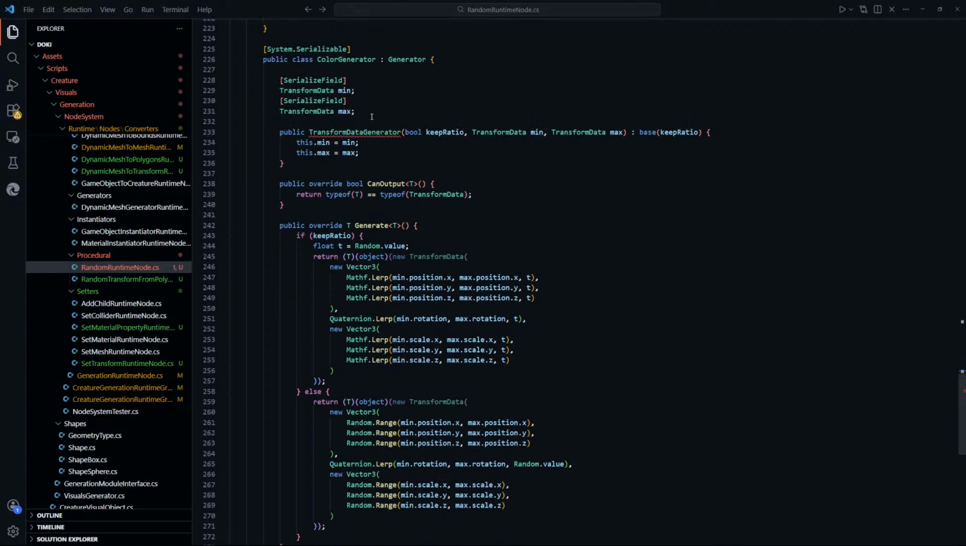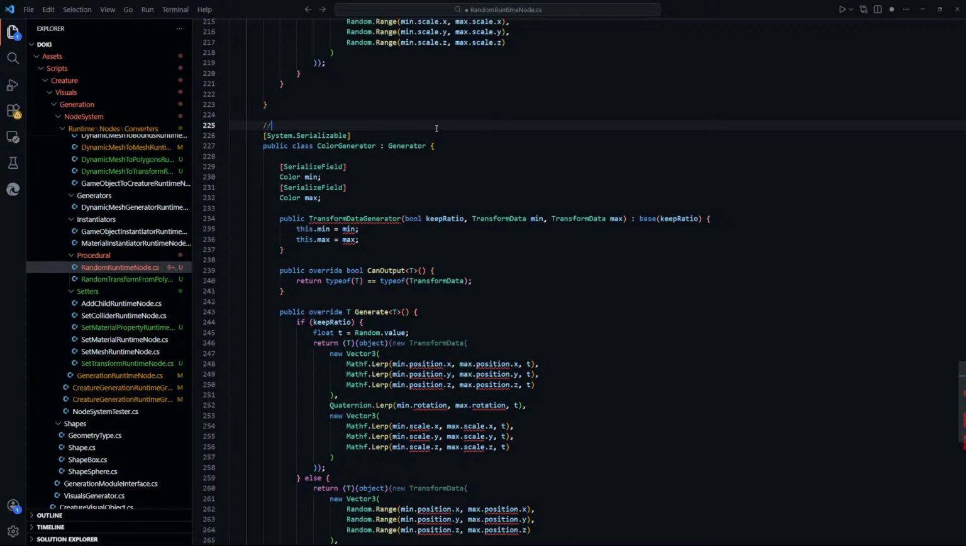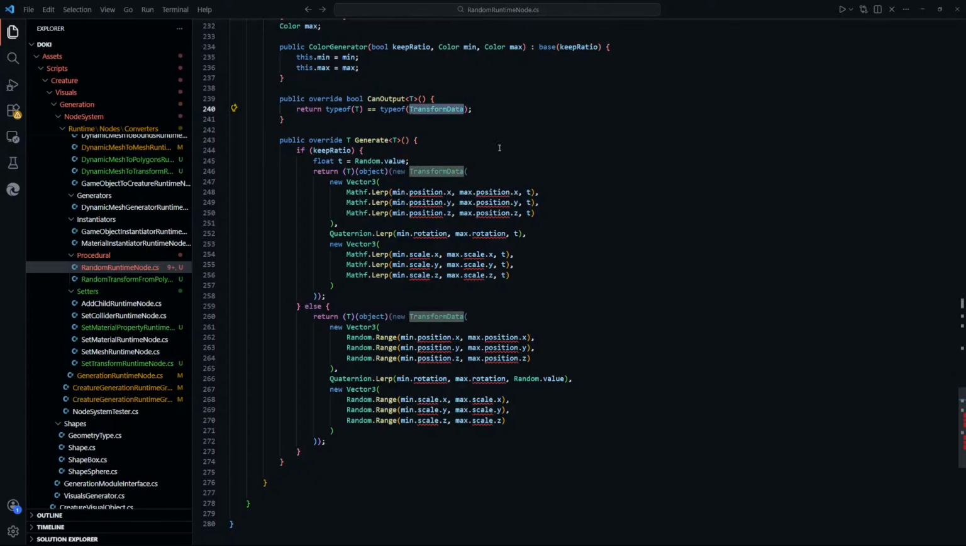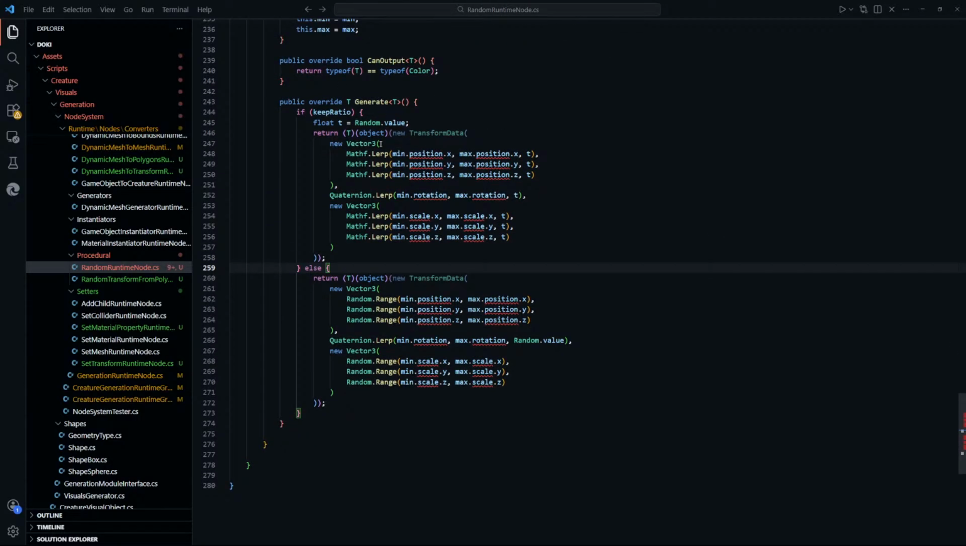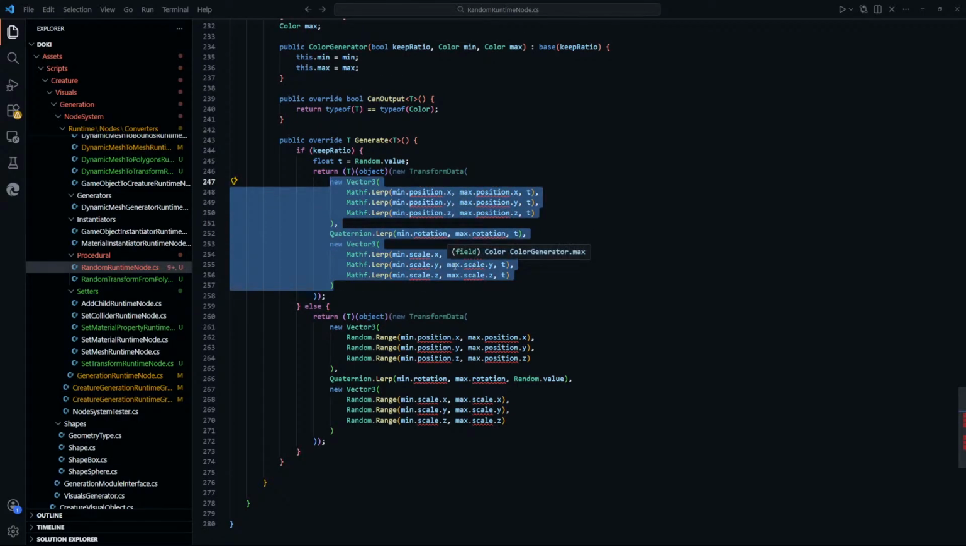Color generator, color min, color max. We probably want to have... I think eventually we could implement it with a gradient. Oh, that would be very cool if we could implement it with a gradient. Min max type of color, degenerate, so keep ratio, return